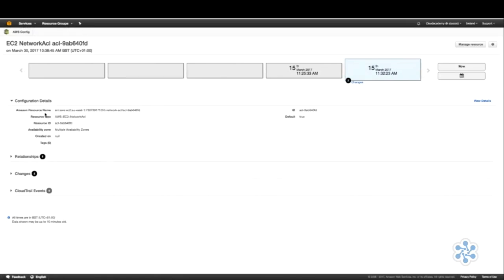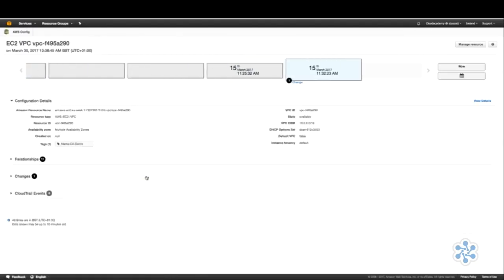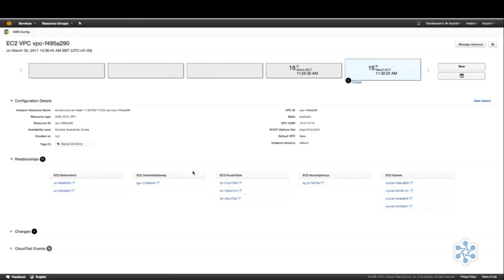And again, we have some resource type information here, the ARN and the ID, etc. Again, if we click on the relationships, we should see the VPC that we just came from. So let's go back to our VPC. As you can see, it's very easy to look at the relationships between different resources and navigate between them. And it's grouped in a logical manner to allow you to quickly get between the different resource types